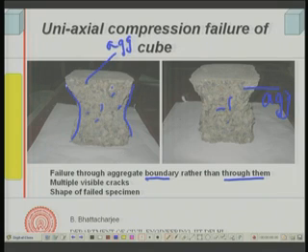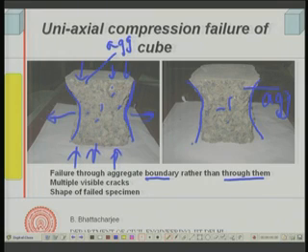And this is important, the shape of the specimen after failure, the typical shape of the specimen. Although we will not discuss it much in today's lecture, later on we will see that material has gone out from here along these two directions. Although you applied a compressive load like this, the material has moved off in this direction. So, this will be important for the later part of the discussion and the discussion in the next class.